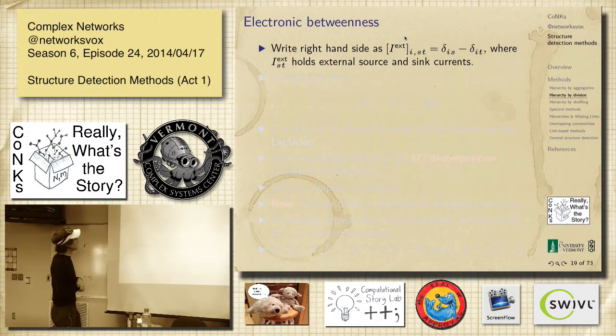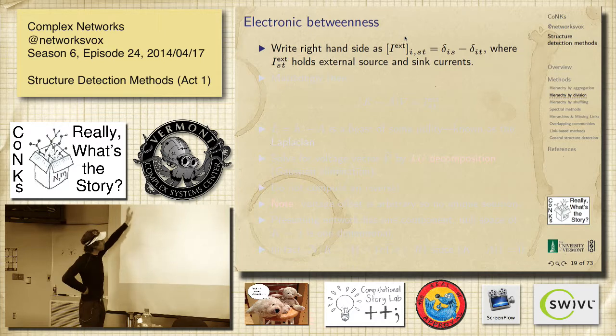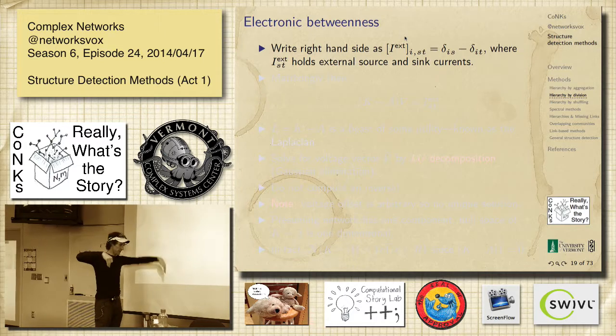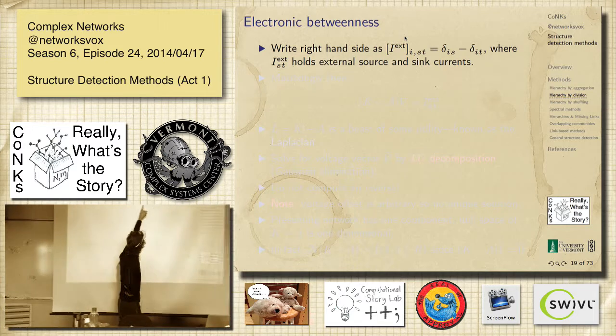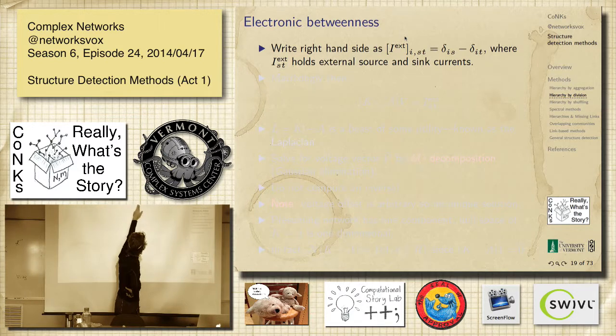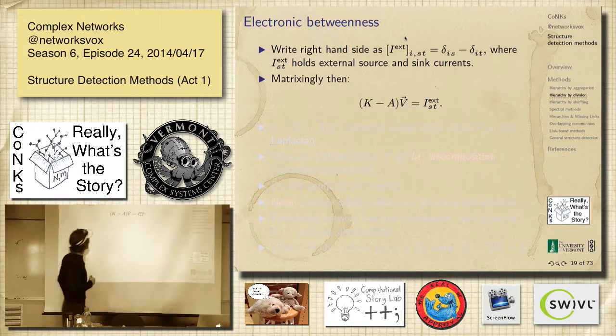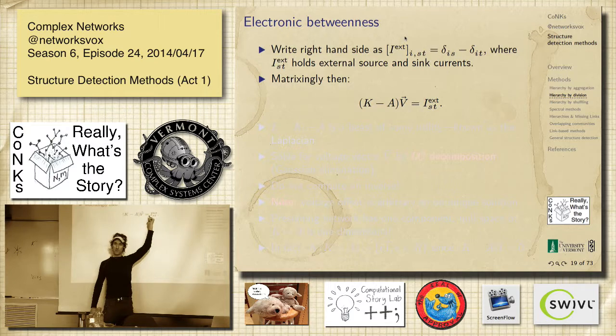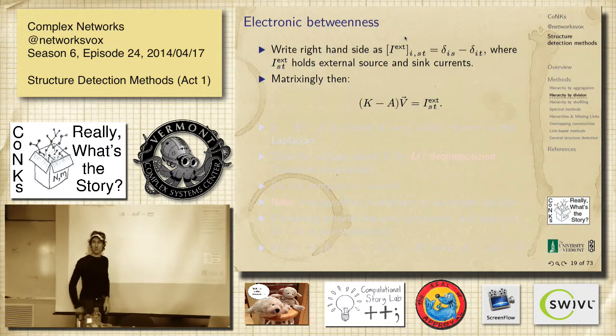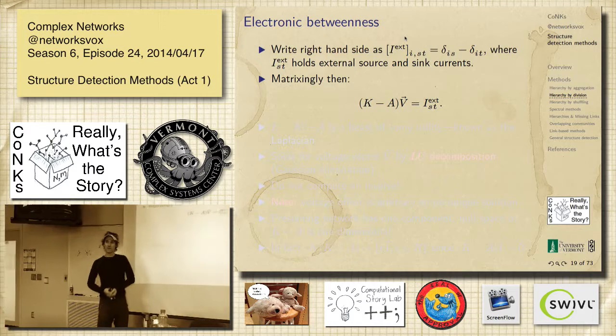The right-hand side we'll replace with this thing, so it's going to be I external, right? It's being forced in and taken out at some point. As it's set up, it depends on S and T, and it's just the ith entry of some vector. So this is what we have in general. It was the ith entry of a vector. We had the ith entry of this blob on the left. So this is the whole matrix business.